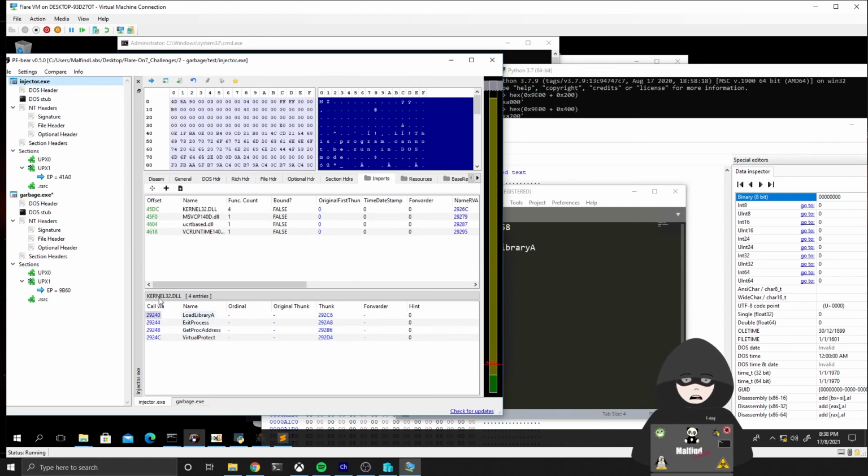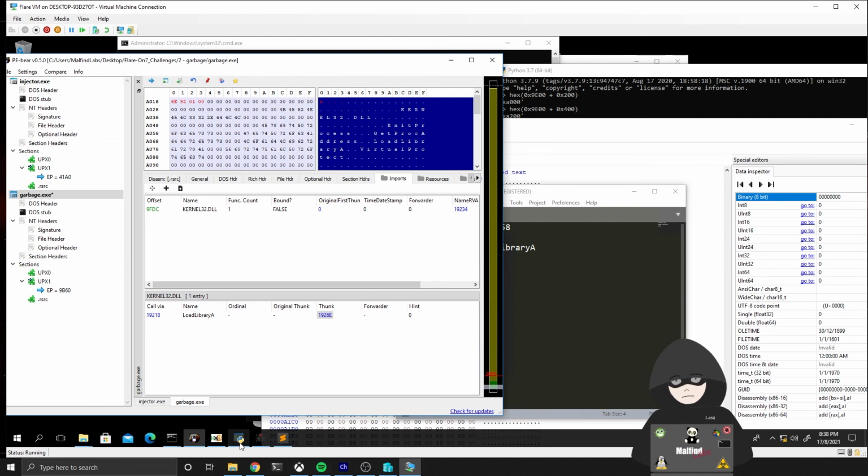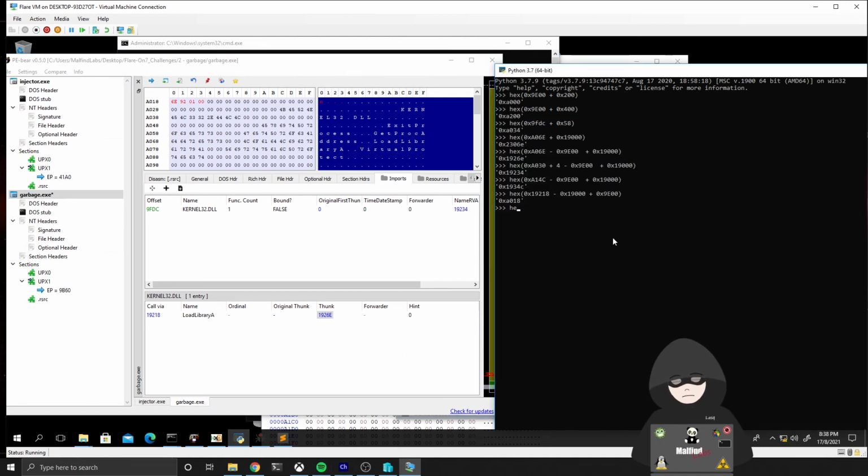Like I said, the order is important. We only need to calculate our length of this to know the current address. So we will get this func address, which is the pointer to the LoadLibraryA string, which is 1926A